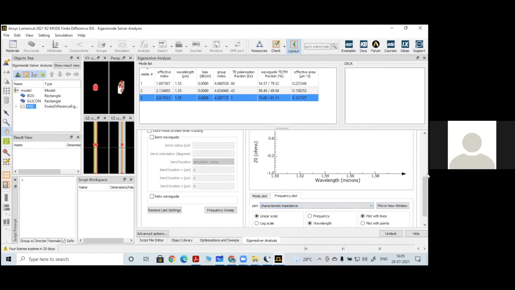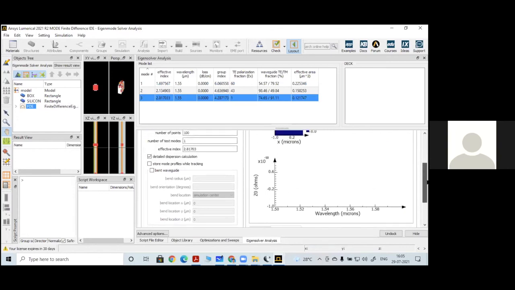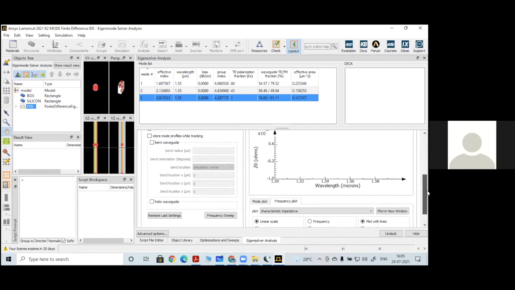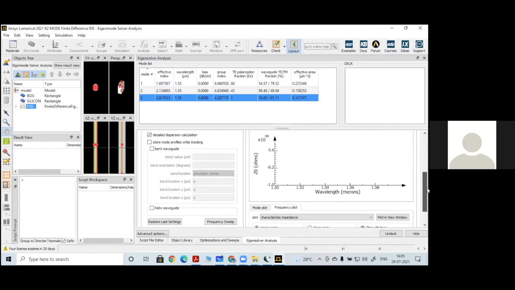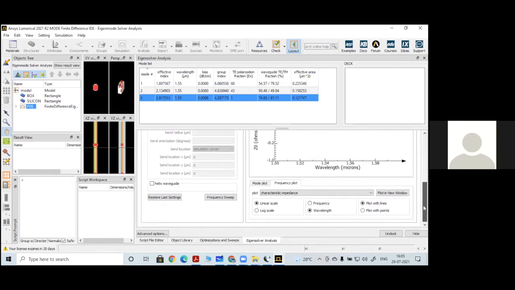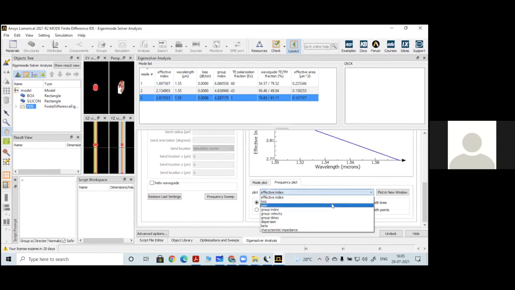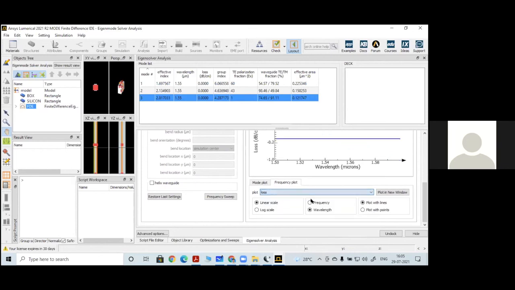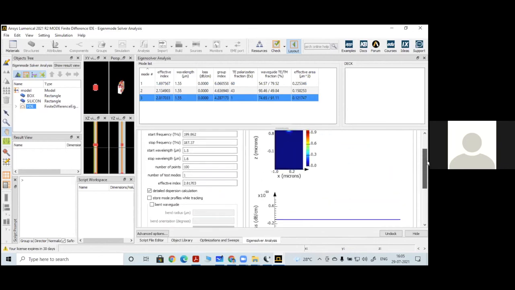This impedance is not related to our waveguides. A waveguide is not a radiating element or some other parameter. You won't get any data for the impedance because it is totally uncorrelated to the waveguide concept. The major results are the effective index, and one more we can always look into is dispersion, and the other parameter will be loss. The loss is completely zero.